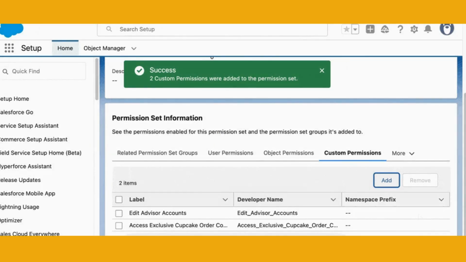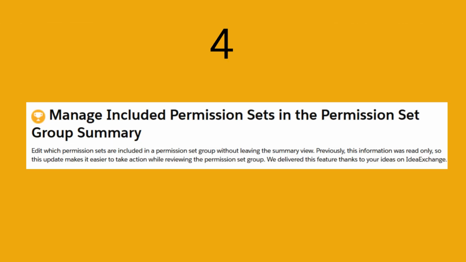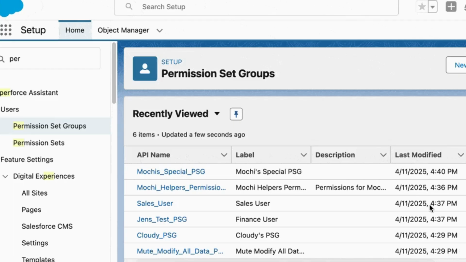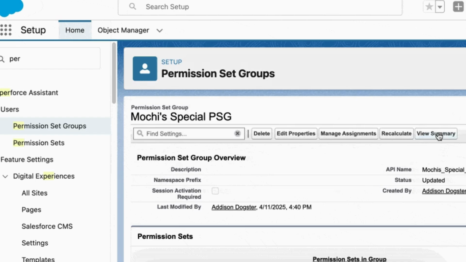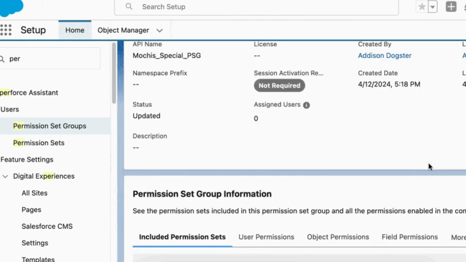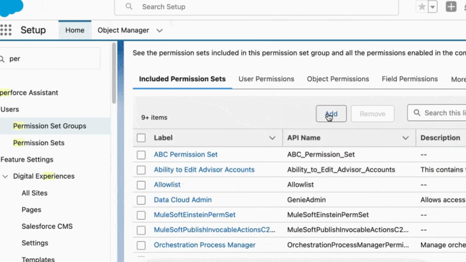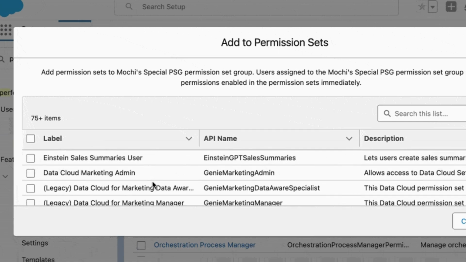Now coming to the next one, manage included permission set in the permission set group summary. It is similar to the previous one only. The previous one is for permission set, this is for permission set group. Now we will go to permission set group, and then click on view summary. In view summary we will go to any of them.